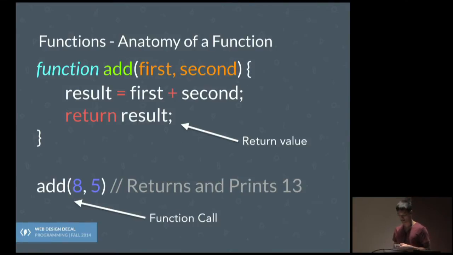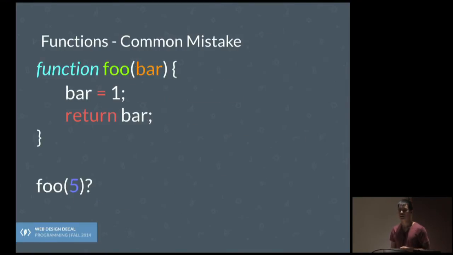Okay, let's see. Here's a quick common mistake that people make, so I'm going to catch it before you make it. Something that's kind of interesting within functions is that you have to make sure that you don't mess around with the names of the inputs that you've given within defining the function. So, for example, here's a function called foo, and its one argument or input is called bar.